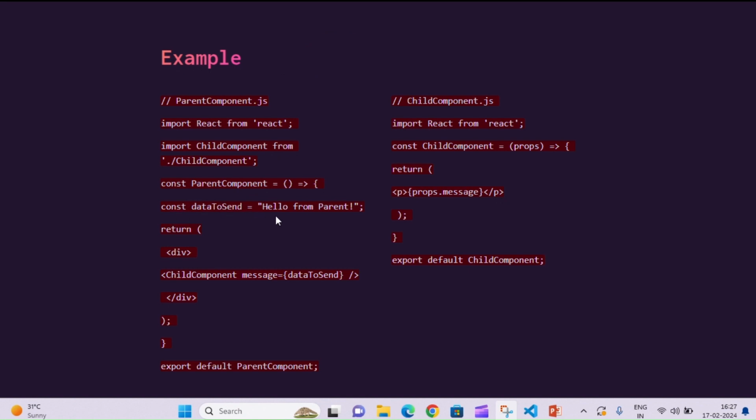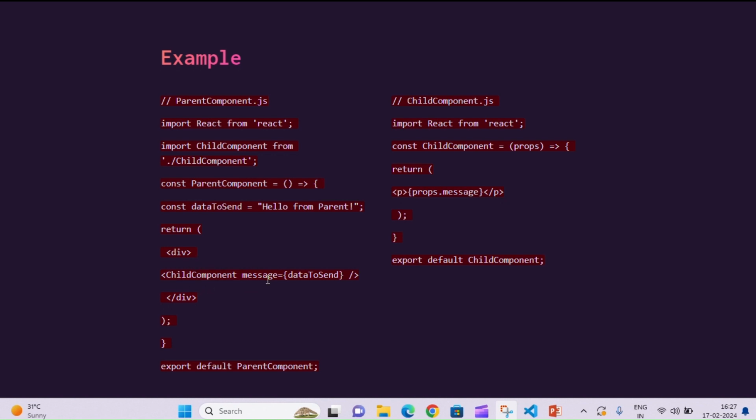const data equal to 'Hello from parent'. React creates a variable data to send with the value 'Hello from parent'. Return marks the beginning of the component JSX content. Here is a div open element, which is the root element of the component JSX structure.